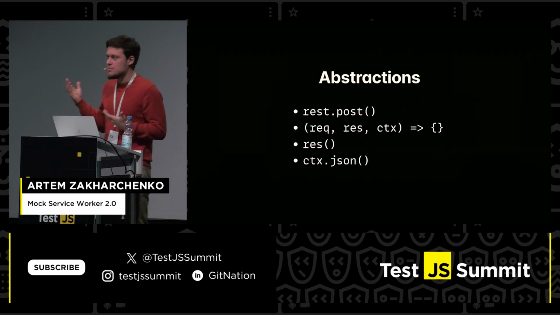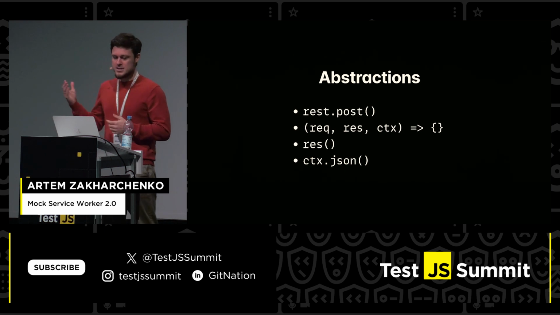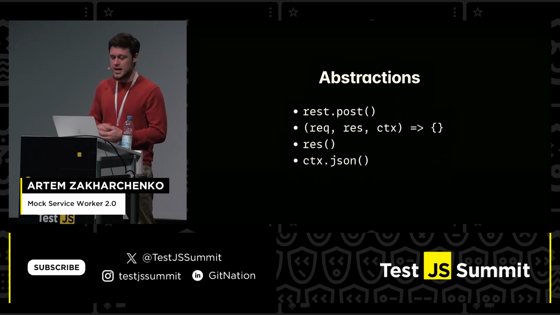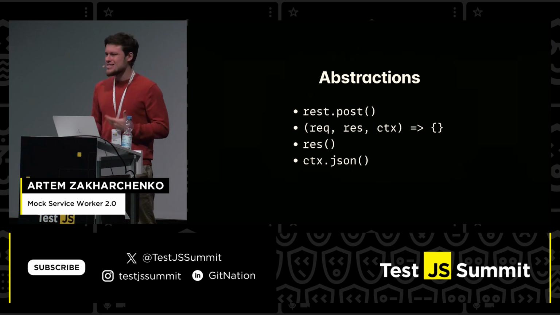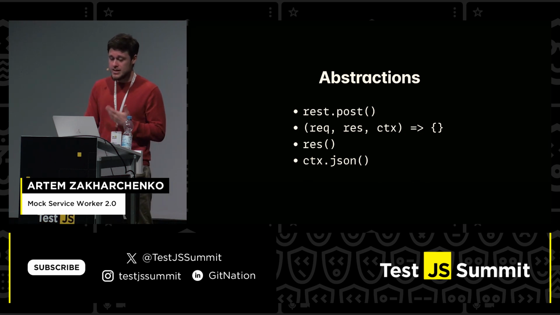If you think about it, rest.post is an abstraction. It's something library-specific. The same goes for this call signature of response resolvers. Nowhere else in JavaScript do you use this call signature to handle requests. The response function, as much as I love functional composition, is not as common in JavaScript, for better or worse. And of course, the context utility is a completely made-up API. And this API has been